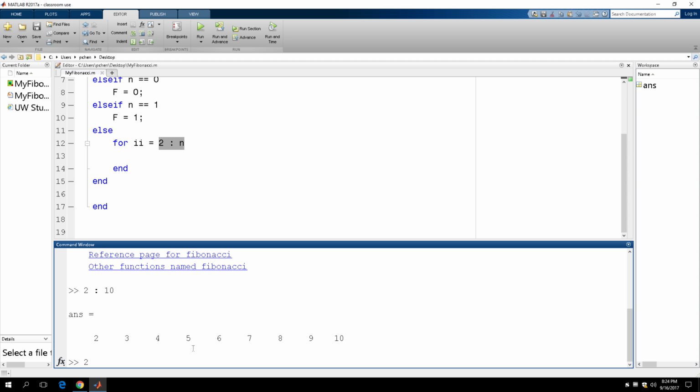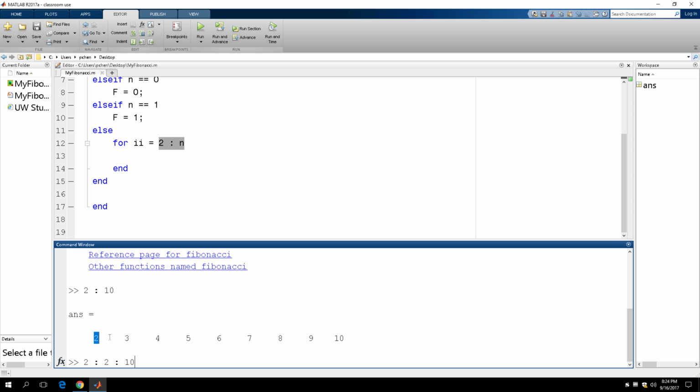So the range operator actually allows you to do this thing, which means you start with a value of 2, you end with a value of 10, and then you have a stride of 2. A stride of 2 means what? A stride of 2 means that you have to skip one number, right? So 2,